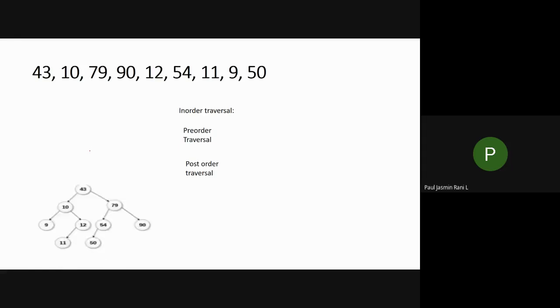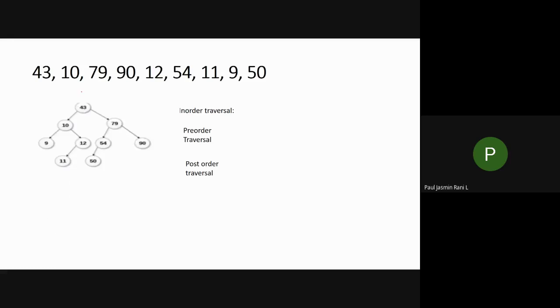So what happens here? First, you are at the current node 43. Next one is 10, which is not null. Again, you travel along your left subtree. How are we doing this traversal? Using the left child address, isn't it? So when you reach this 9 node, the left child happens to be null. So here you get a termination, isn't it? If it is null, then you mark this as your current node and you are going to print that element, 9.